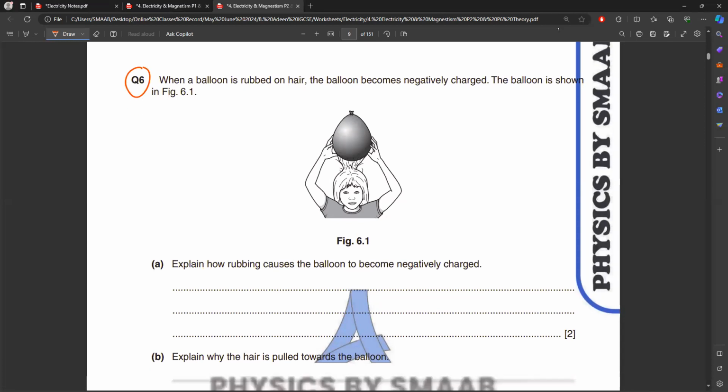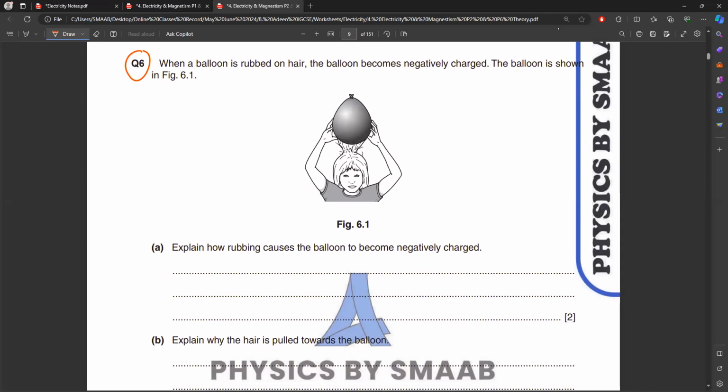And if you consider question 6, when a balloon is rubbed on hair, the balloon becomes negatively charged, and the balloon is shown in the figure. Explain how rubbing causes the balloon to become negatively charged. Due to friction, the electrons in the hair are transferred to the balloon. Yes. So due to friction,